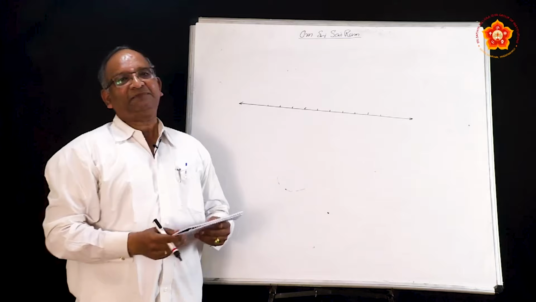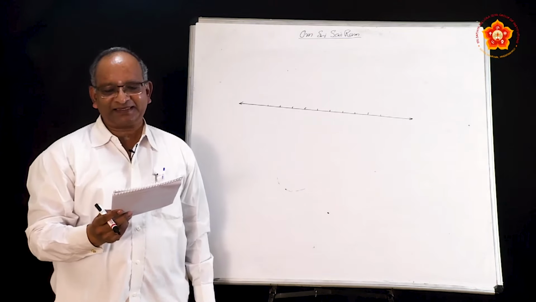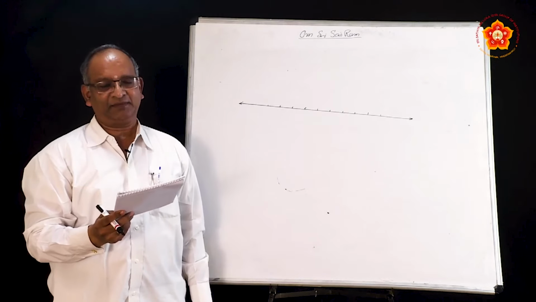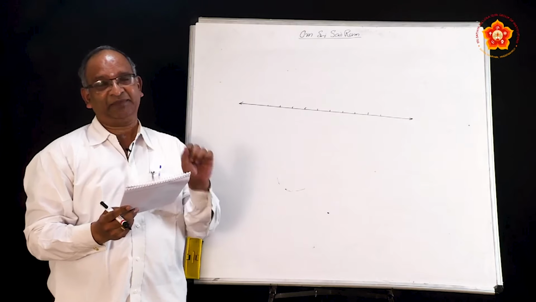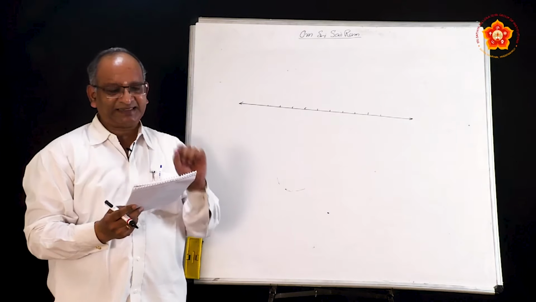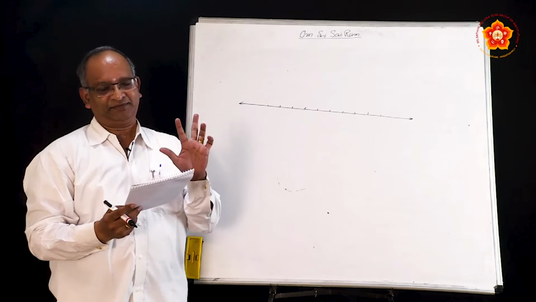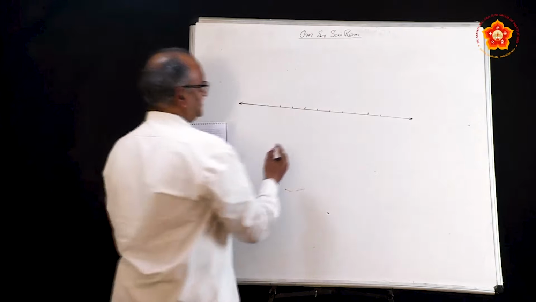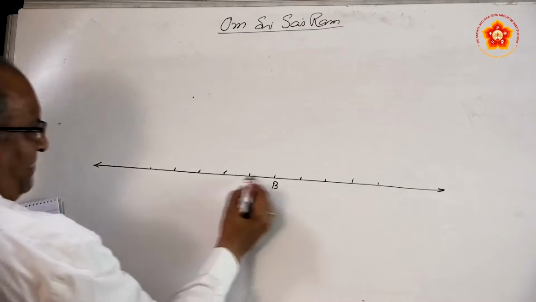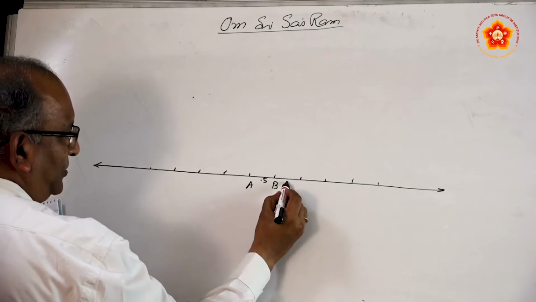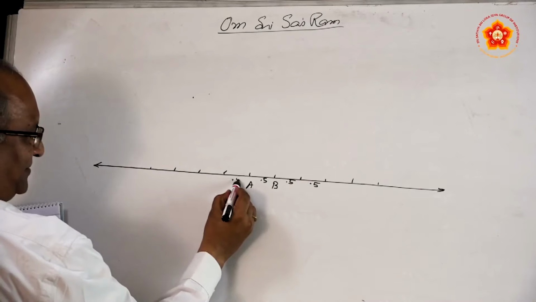He has created a spiral and the problem goes like this. A spiral is made up of successive semicircles. It is made of semicircles. Keep that in mind, not circles. It is made of semicircles with centers alternating between A and B. There are two centers. Let us say this is one center and this is another center. The gap between them is 0.5. So, remember these gaps are 0.5 each, either side.